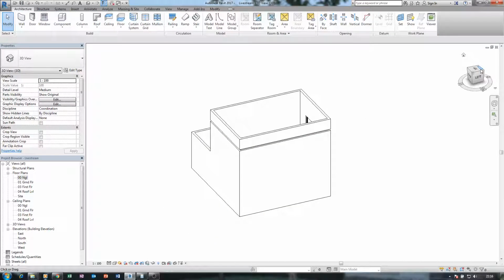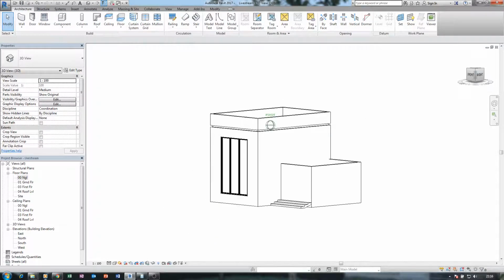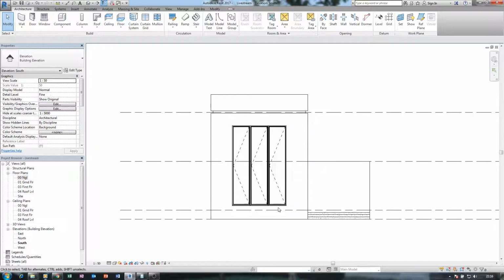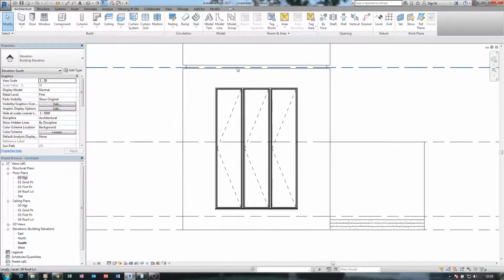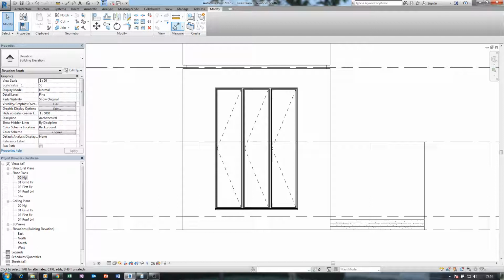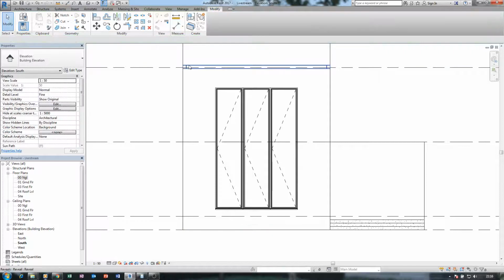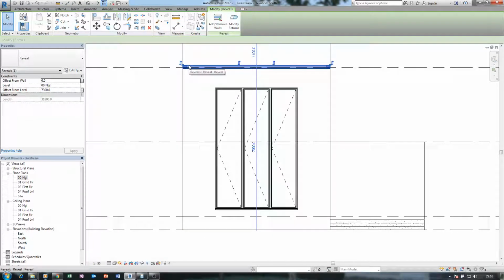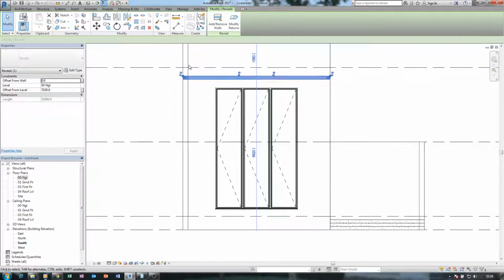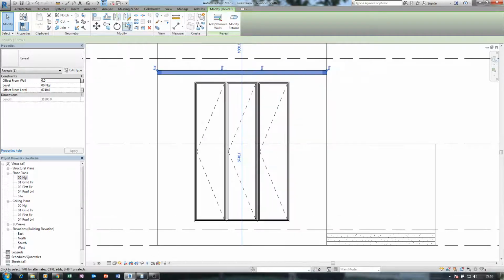Okay, so I'm trying to create. Okay, that's good. Let me go back to this view now, and you can use dimension to actually bring it to the level that you want, or just select it and move it by pressing the arrow key on your keyboard. But I always like to be precise, so I use my dimension.